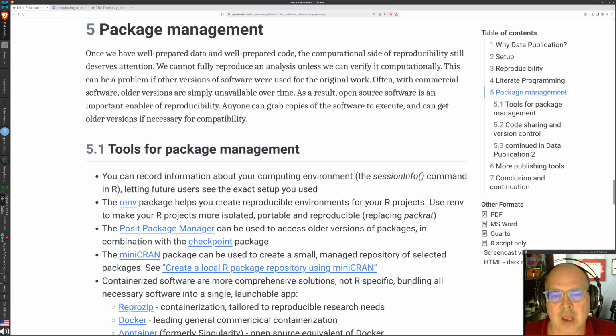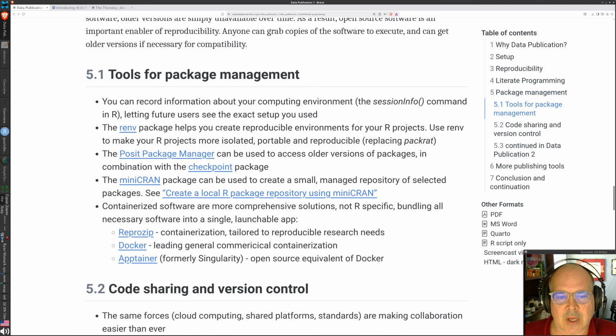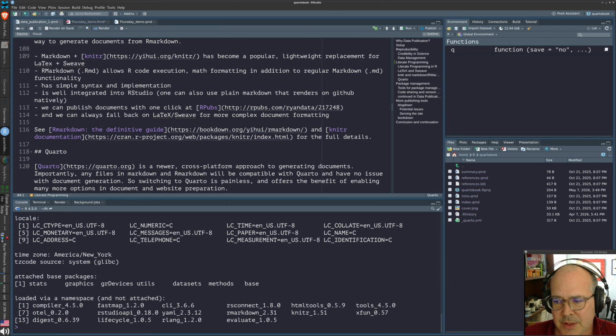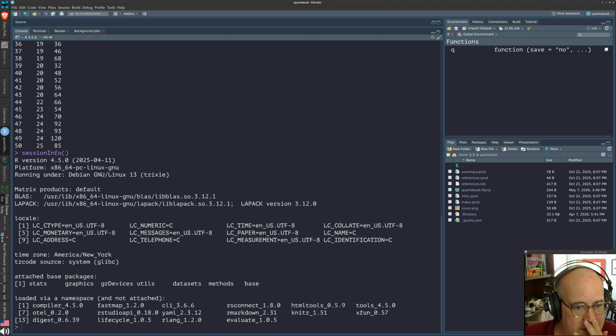And at a minimum, what I would recommend that you do is when you run your research, record information about your computing environment. There's a command sessionInfo in R that will allow you to see your current environment. And I can just run that in the console here. And you can see it just sort of quickly runs and shows the packages that are currently on my system and the settings that I've got,